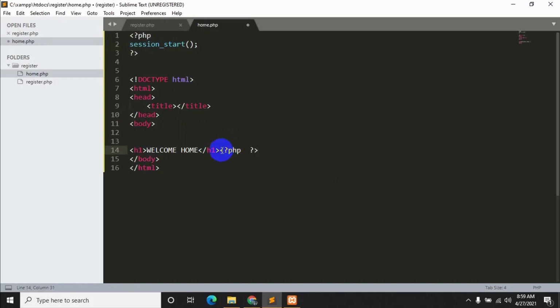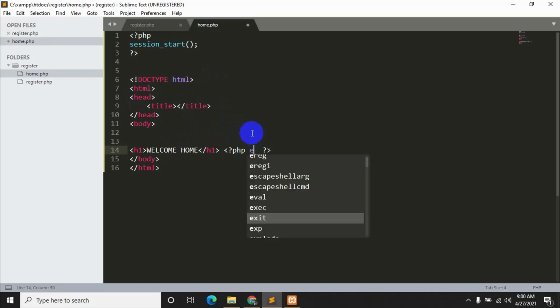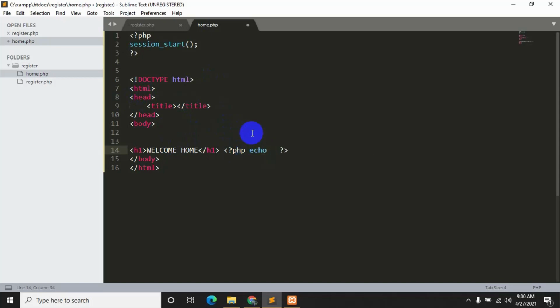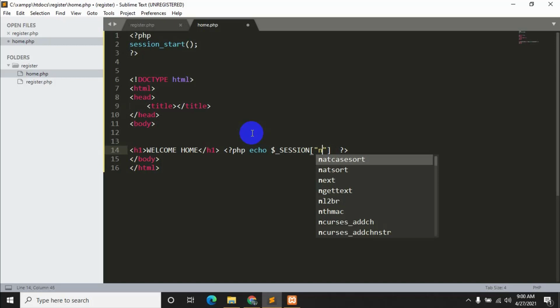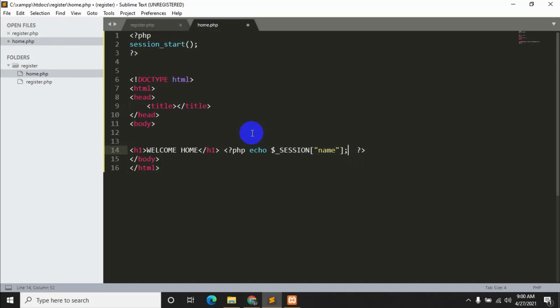We are writing this because if you want to write PHP in HTML, you need to add this thing first. So we'll just say echo, then echo $_SESSION, then square brackets, and inside it we'll say name. Okay, so let's save it.